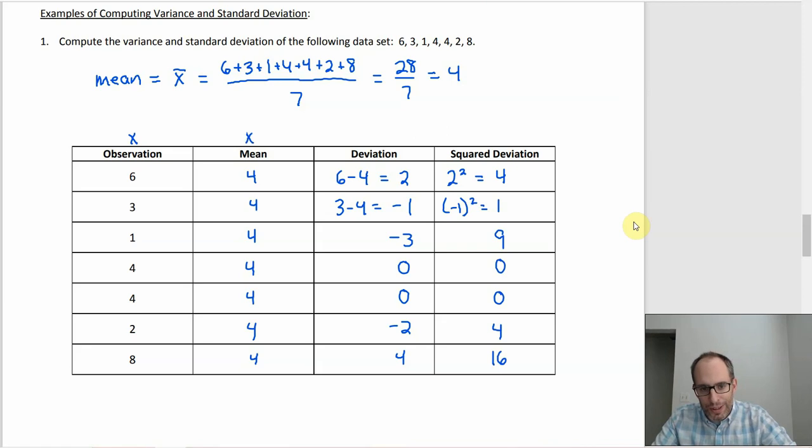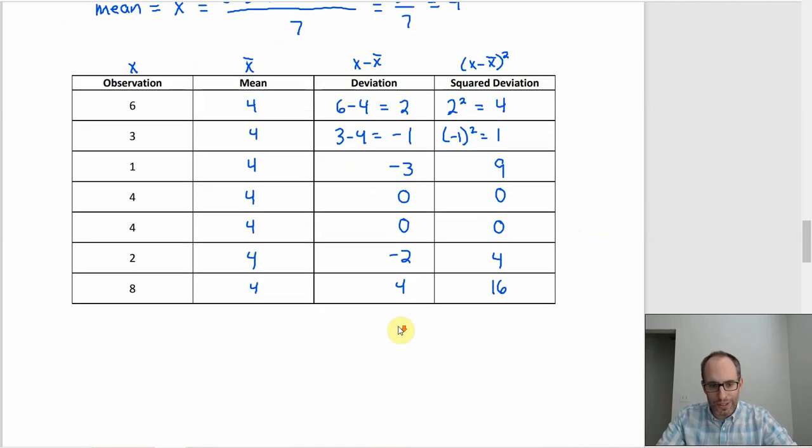The mean is your x bar. The deviation is the difference, so x minus x bar. And then the squared deviation, x minus x bar, quantity squared. Okay. Well then, in order to get the variance, we're going to need the sum of